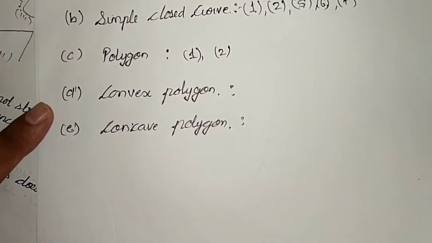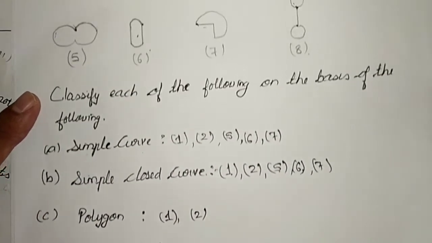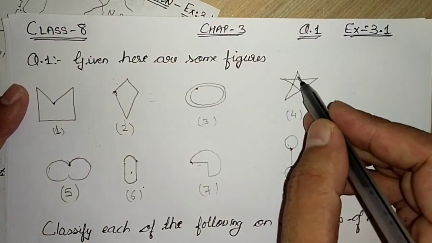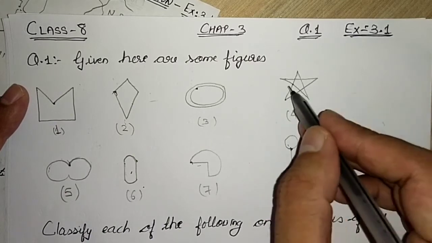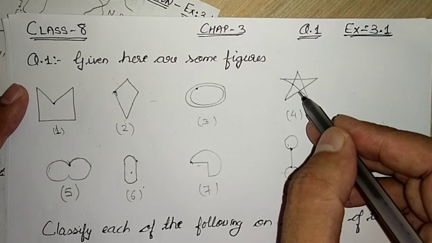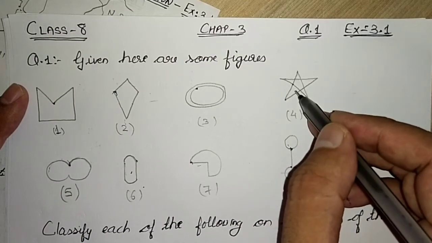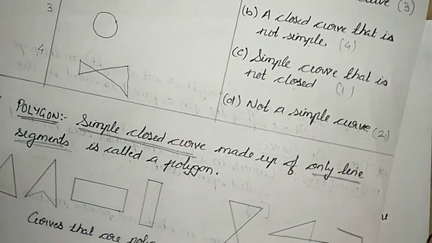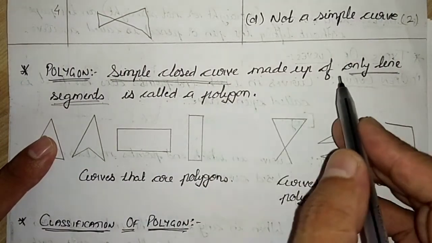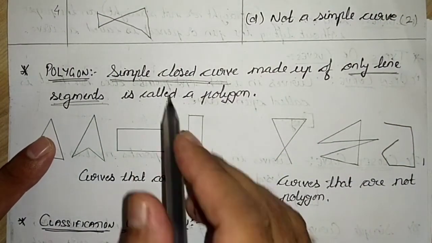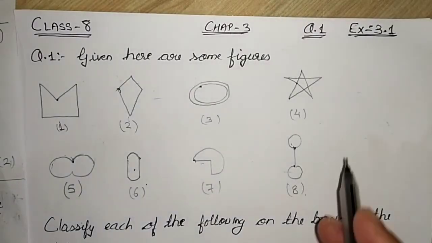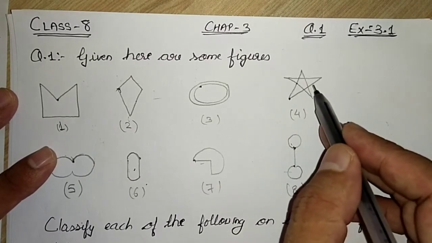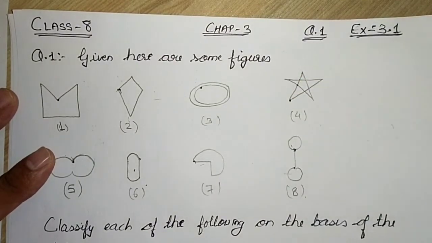Now convex polygon and concave polygon. Since we have two polygons, okay, one thing I have forgotten again. This is made up of line segments only, but it is crossing over each other. So our condition is not satisfied, and because of this it is not a polygon. I have shown you the definition of polygon, let me show you again. The definition of polygon says: simple closed curve and made up of only line segments. And the simple closed curve definition is that it must not cross over itself. The ends must meet at a single point only. They are crossing over each other, so we can't say this is a polygon.